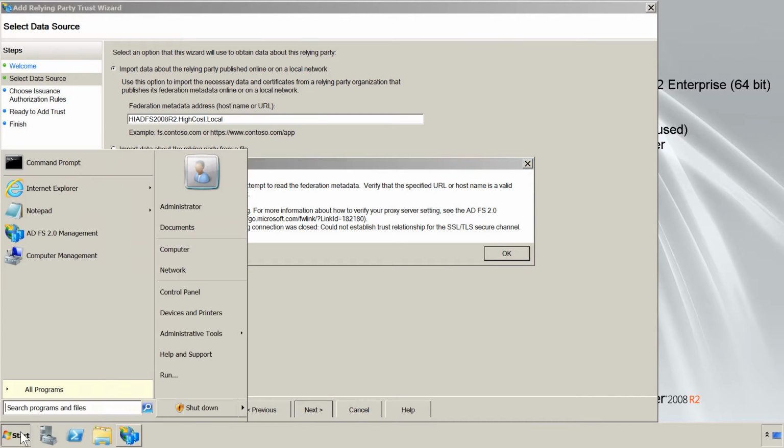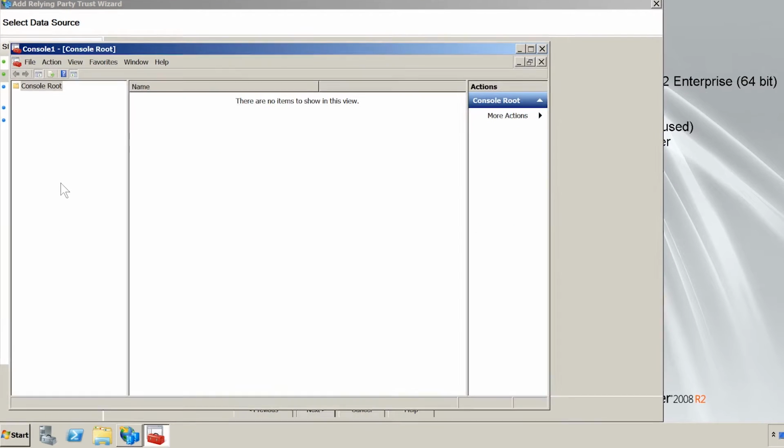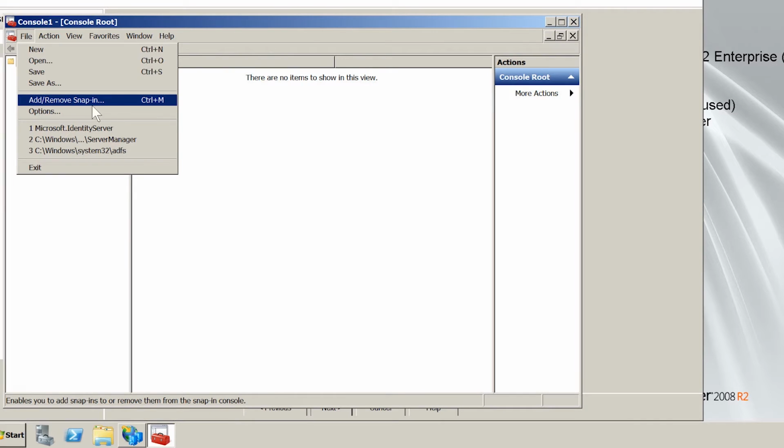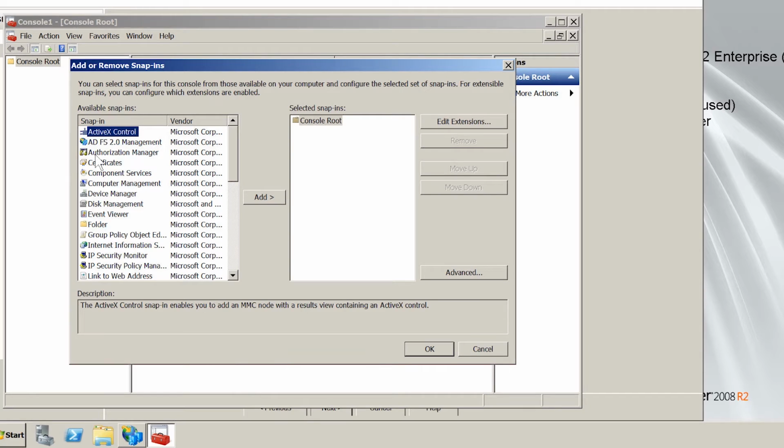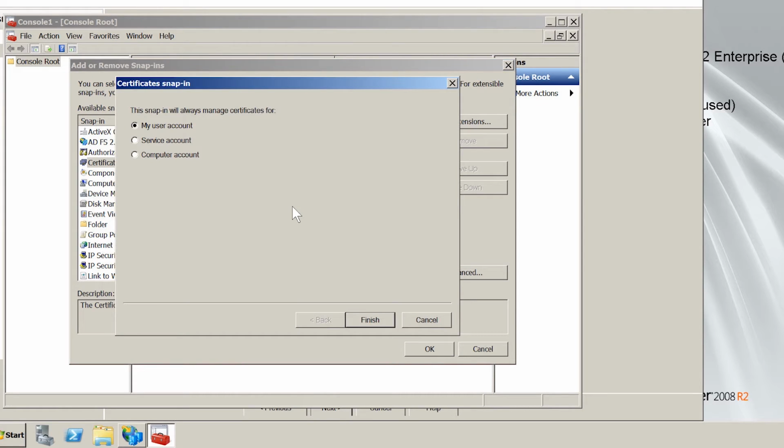To do this, I will run MMC from the Start menu and then select Add/Remove Snap-in from the File menu. Once open, I need to select Certificates from the list of available snap-ins. The certificate snap-in is not available as a shortcut in the Start menu, so I have to access it through MMC like this. Once selected, I next need to press the Add button to add the snap-in. Once added, I need to select which certificates I want to manage. In this case, I will select the option Computer Account to manage the certificates that are used by the server.